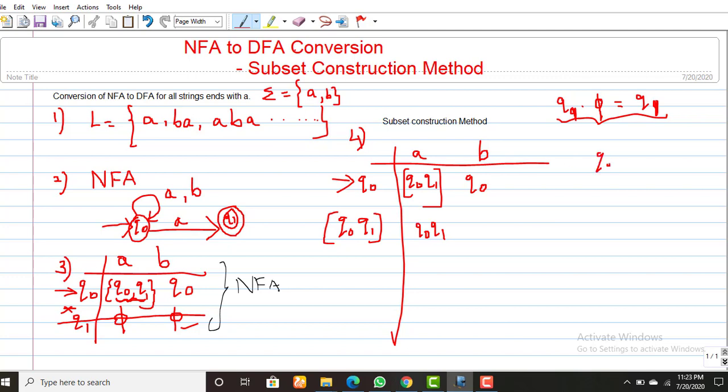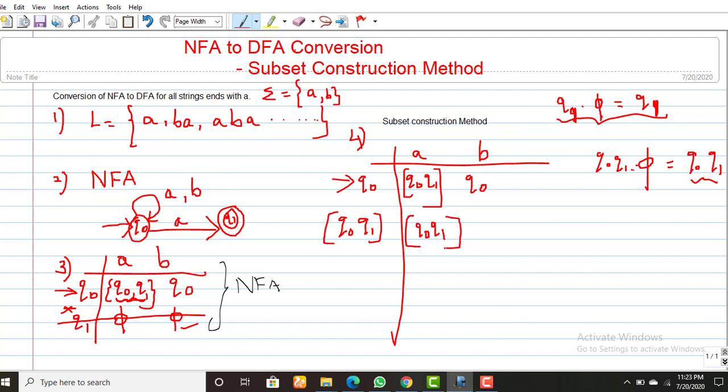So Q naught Q1 concatenate with φ, which is Q naught Q1. This is applicable to anyone. For example, Q1 concatenate with φ means it returns Q1 only. So Q naught Q1 concatenate with φ means it returns Q naught Q1.